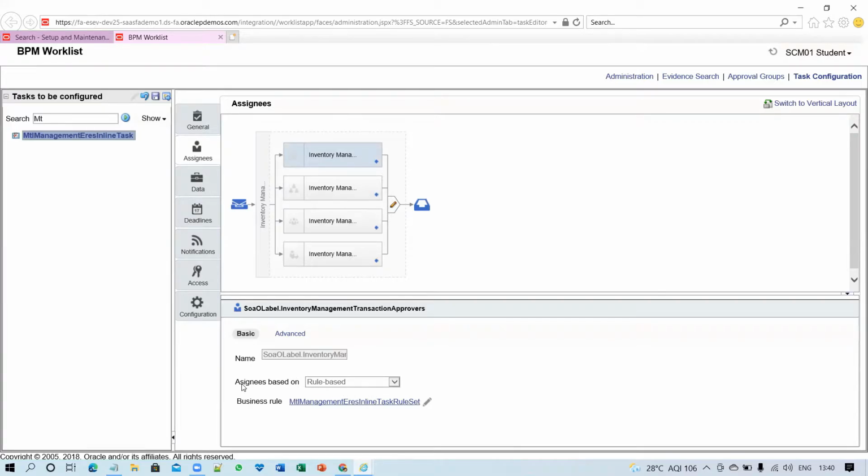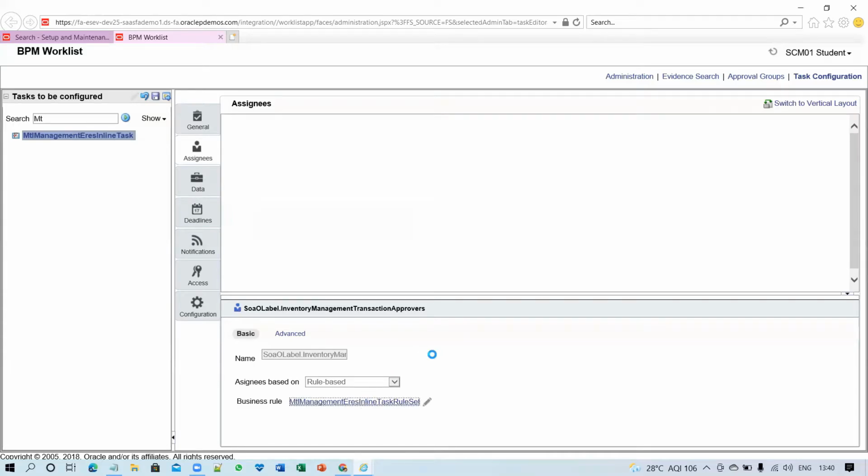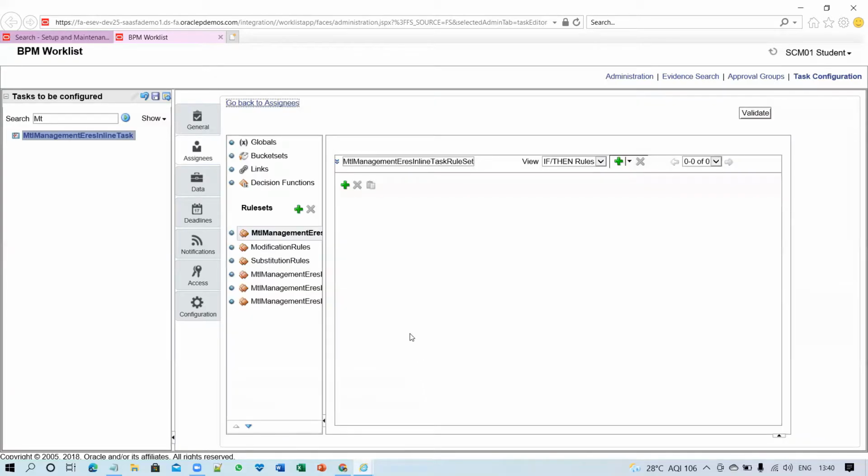It's asking me that this assignment is based on a business rule set. So I clicked on the business rule set. It will show you what rule has been returned over here. I can see that there is no rule available at this moment. So we'll create the rule for our user.